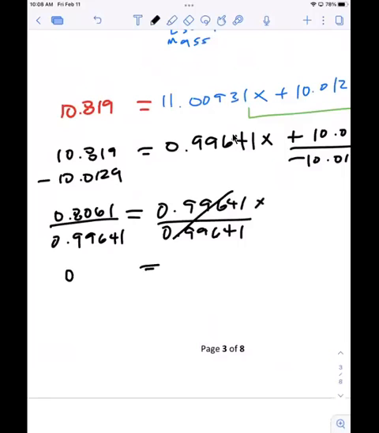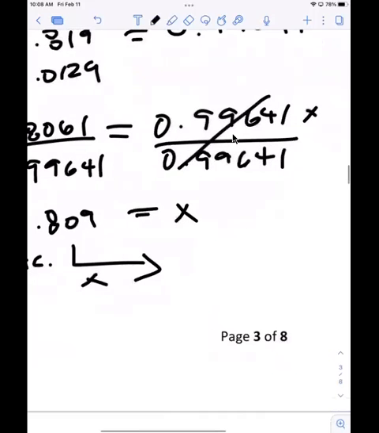Good. 0.809 equals x. So this is the fraction, and I'm going to multiply that by 100 to get the percent. So 80.9%